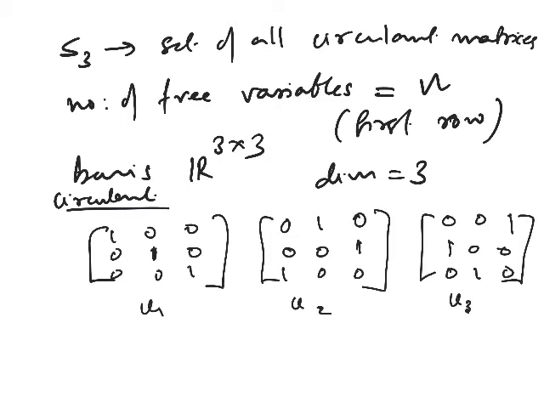So basically, this matrix starts with 3 cross 3. It doesn't exist in 2 cross 2? No, I am looking at circulant matrices of size 3 cross 3. I have circulant matrices in 2 cross 2 also. If I am considering 2 cross 2, then you have 1 0, 0 1, and 0 1, 1 0. This is the basis in 2 cross 2. Any n cross n circulant matrices are possible. I just put n equal to 3 in this case, that's all.